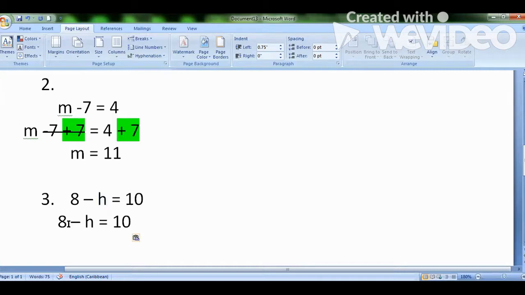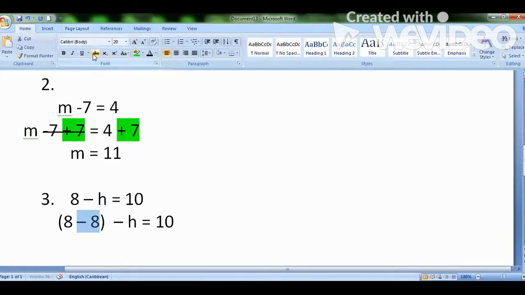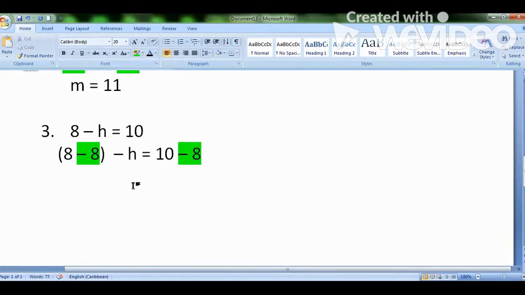Now, how are you going to get rid of 8? By subtracting 8 on the left, not true? So if I subtract 8 on the left, let me just highlight what we're doing. If I subtract 8 on the left, I have to subtract it from the right. All right. And 8 from 8 is 0. Now, what's left back is us? Minus h. Minus h equals